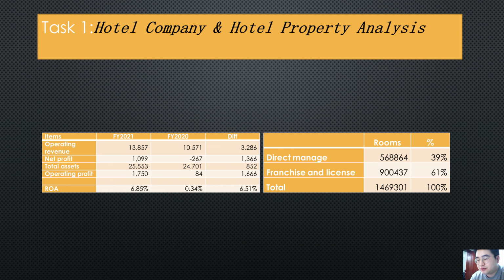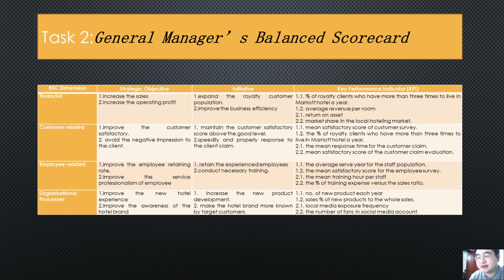Such volatility also reflects in the seasonal pattern, by which the vacation months like July or December might include more sales and profit than other months. Moreover, the hotel group's sales and operating costs might also be affected by special events, like the outbreak of the COVID-19 pandemic in 2020, which resulted in lower sales and profit of Marriott International Group than in year 2021. So let's talk about task 2.